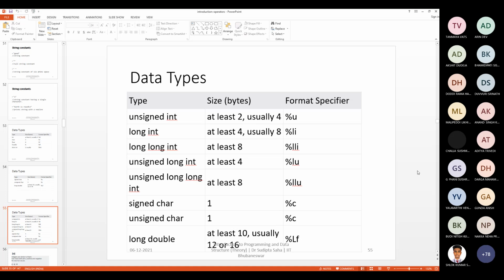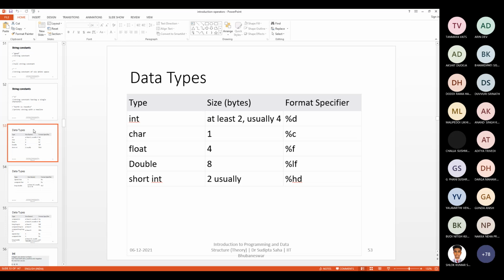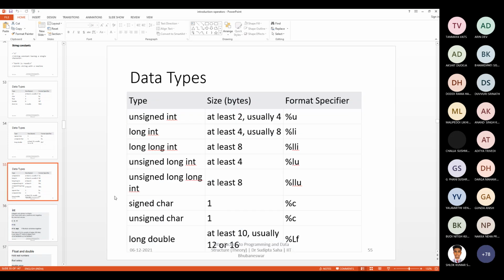Okay, so before going to that, somebody asked what the meaning of this unsigned, signed, long is. There are multiple modifiers you can see, like signed, unsigned, long. These are the common ones. Short is also there. There are some other modifiers also. We'll discuss them in detail, but right now let me just point out a few things.